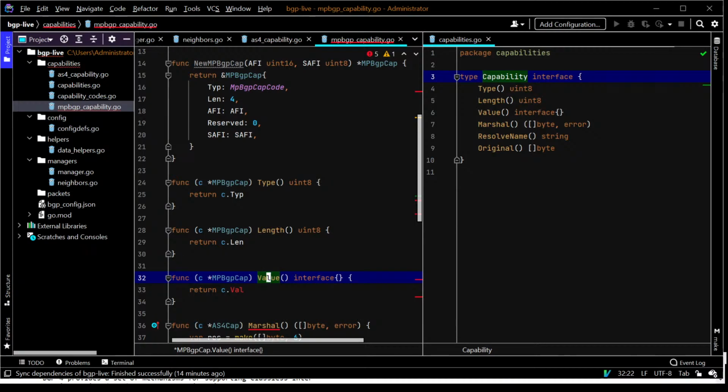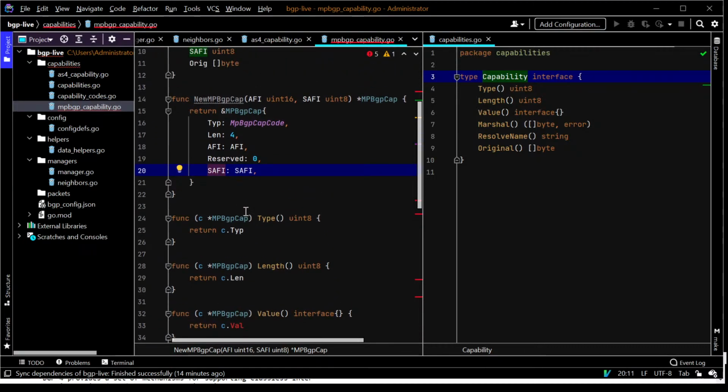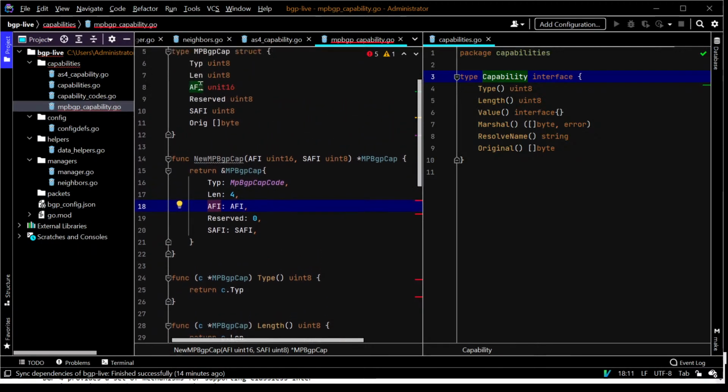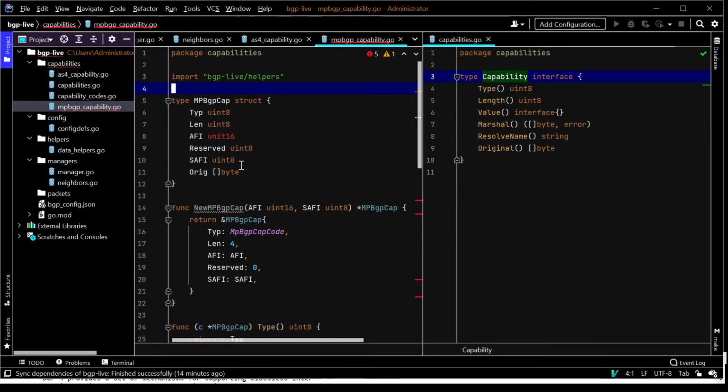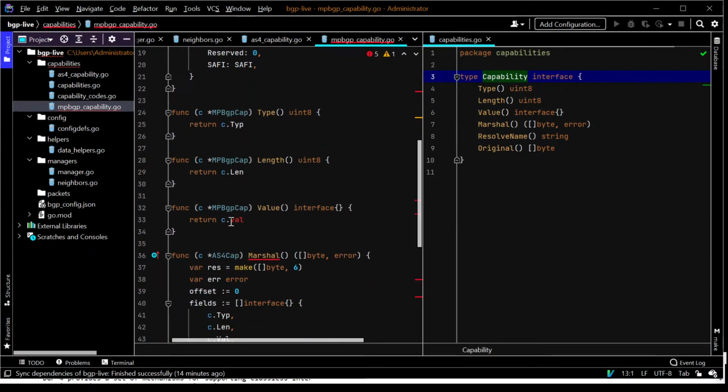this value particular proposition. Now, value here is going to return an interface type. When I call a value and I want to know what's in this, what do I actually want to return to know the value? In reality, I want to know the AFI and the SAFI from the capability that I've effectively unmarshaled or read. So what I can do here is actually just return the whole thing because they'll already be decoded. So it's probably the easiest. So I can just return C,